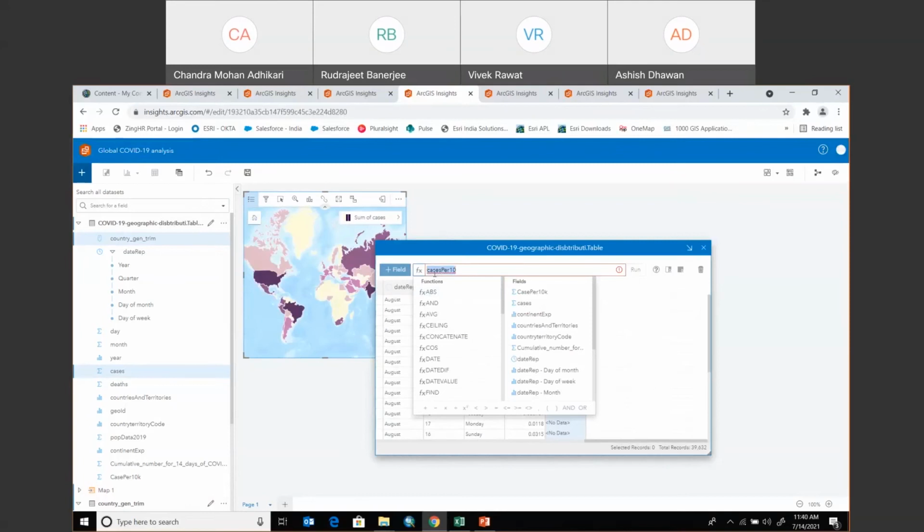Here you can select the number of cases, divide it by the population, and multiply it by, say, 10,000. Once you run it, it's going to create a new field for you, which gives you the number of cases received per 10,000.